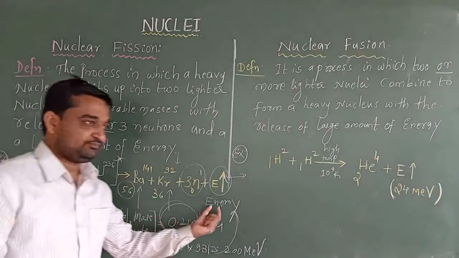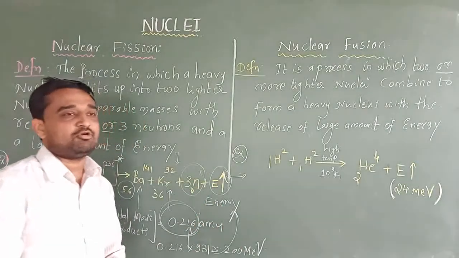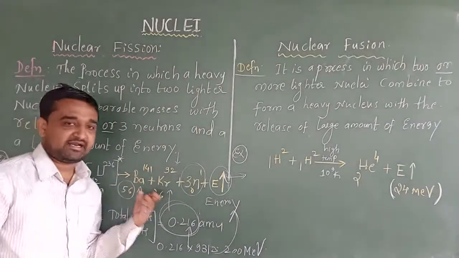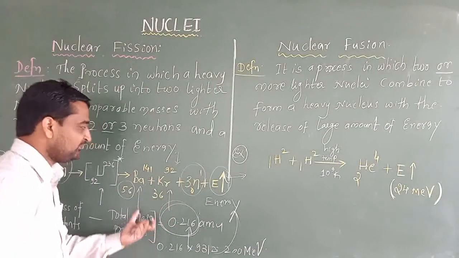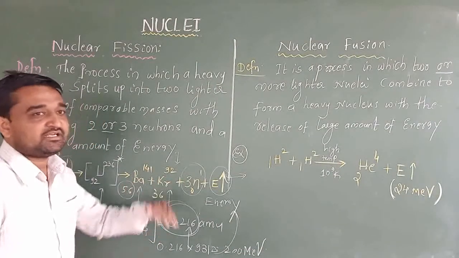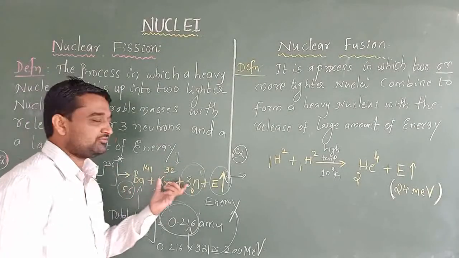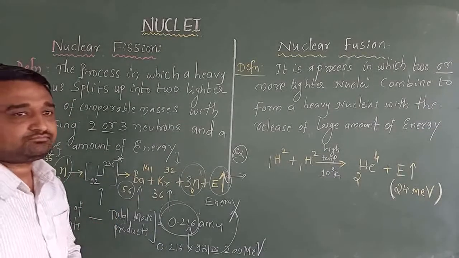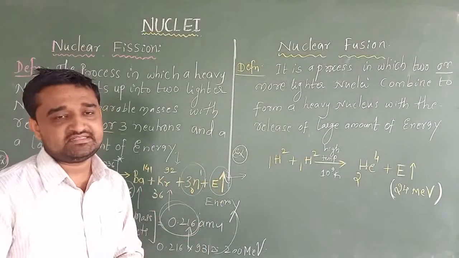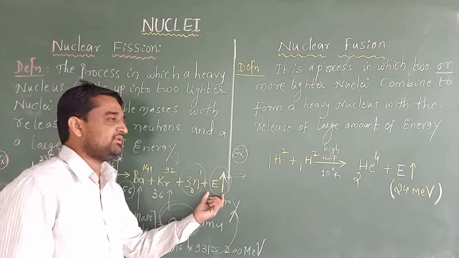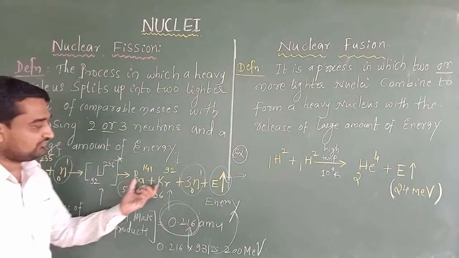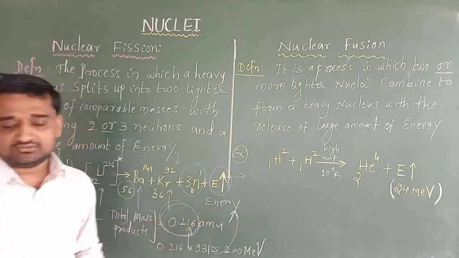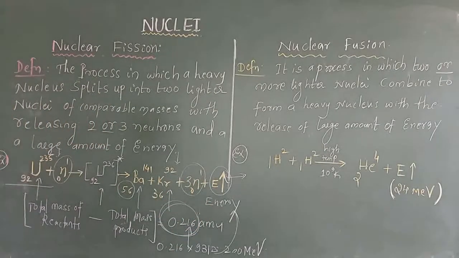This energy is released in the form of the kinetic energy of the fission fragments, that is barium, krypton and neutrons. So it appears as the kinetic energy of these fragments, and sometimes it may also appear as heat energy or light energy. In this way it may appear. So this is about